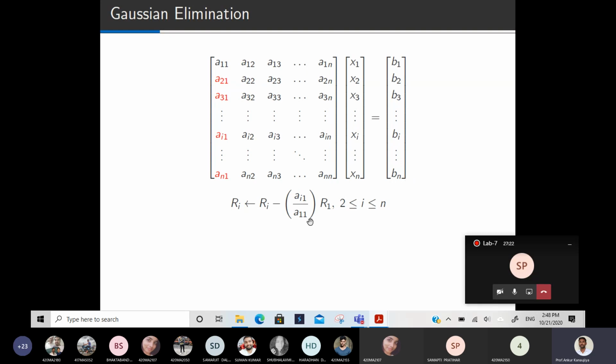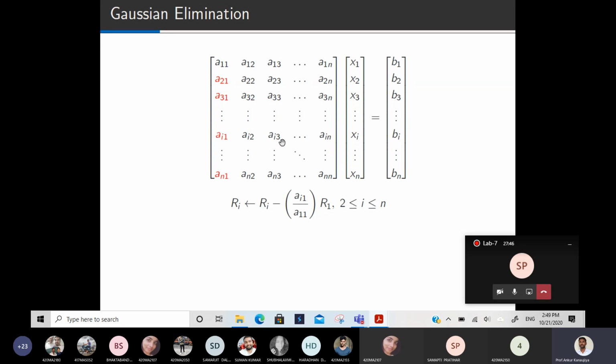Sir, what is Ri? Ri is the ith row. Ri means ith row. So if you want to make this ith row entry 0, then from the ith row you have to subtract this multiplied by R1. Then this entry will definitely become 0.